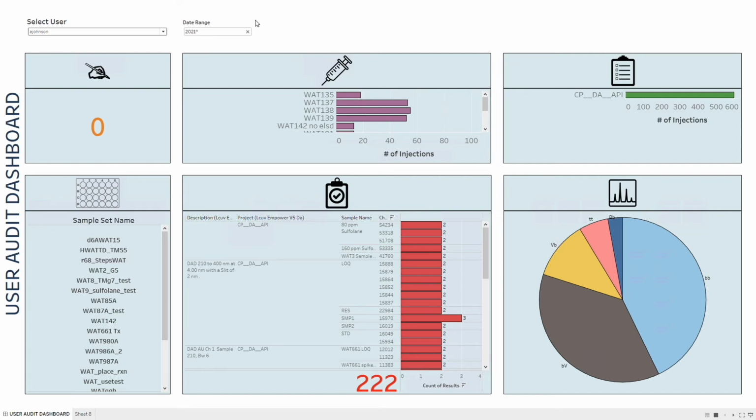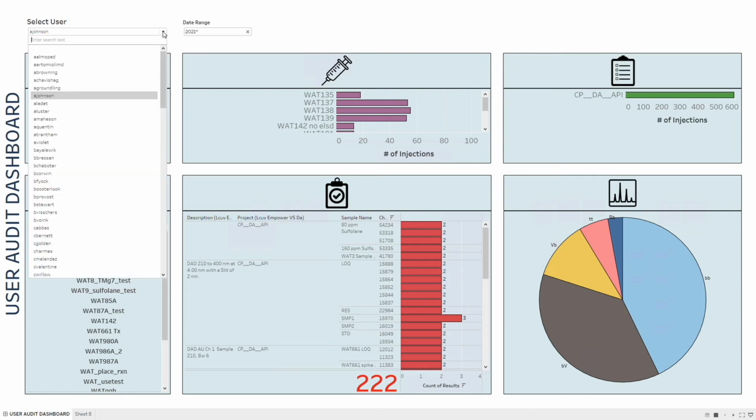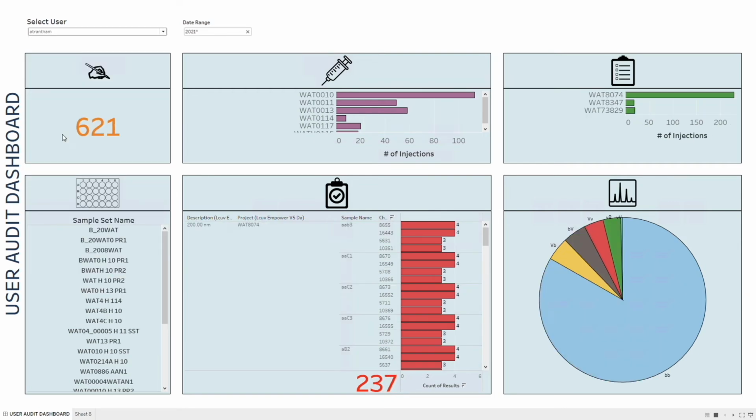we're now able to create almost any viz we can think of. In this viz, we have 2 simple selectors in the top left corner that allow us to pick a specific Empower user and a date. This viz has been set up to then show us how many electronic signatures that user has performed,